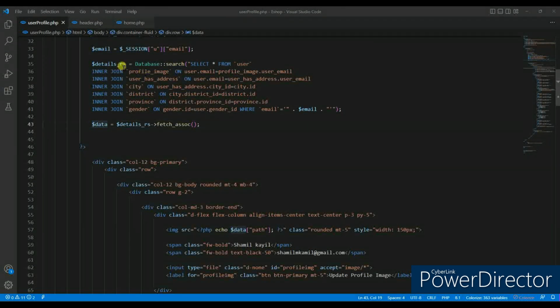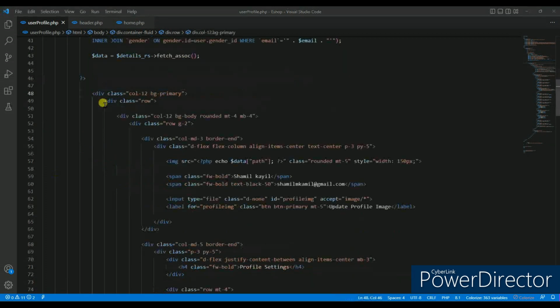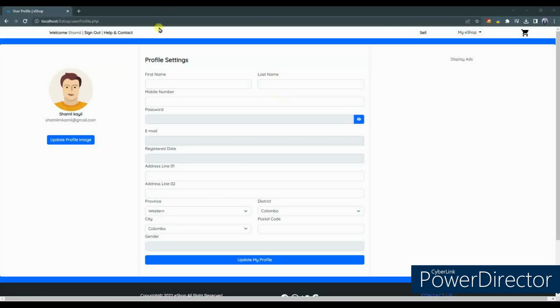once we got our details and we store them under this variable $data, then afterwards, if you see here, this is our div. I will show you this div in our design, this part. So basically this and this. So within this div only this has been created. Let's go to code again, and